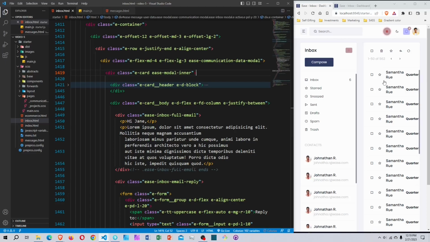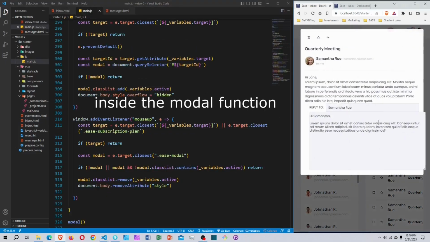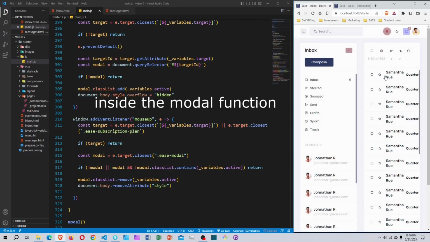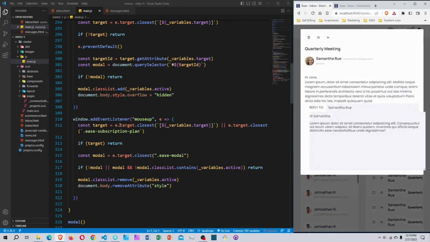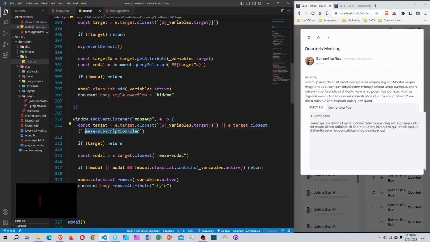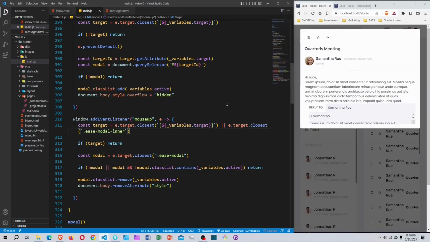Okay, after doing some digging, there's a quick mistake inside of the JavaScript. That's why when we keep clicking here, it goes away. So it's right here. See where you see the is-subscription-plan? It's supposed to be is-modal-enter. So it's supposed to be is-modal dash enter, like this. If I save this now, we stay. Okay,